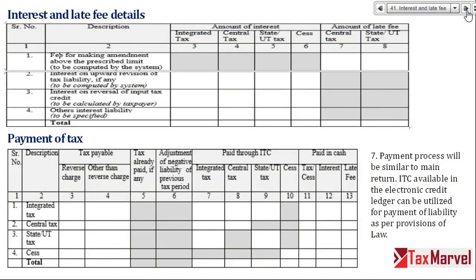But friends, remember one thing, because of amendment, if my liability position is changing, system will ask for interest. If I have availed 100 rupees input credit, right? So if my input credit is 100 and now it is 80, so 20 rupees system will ask you, if the ITC is reduced by 20, pay tax.